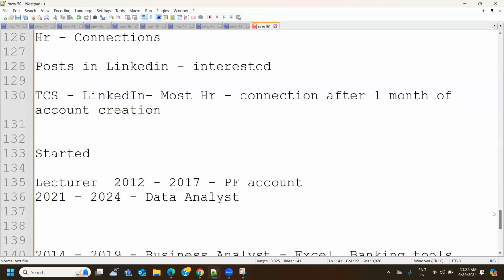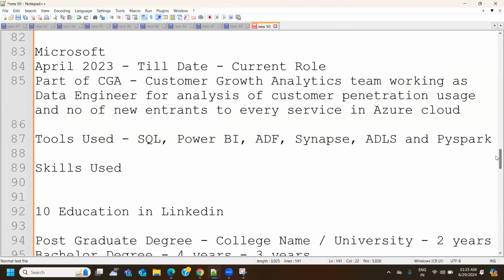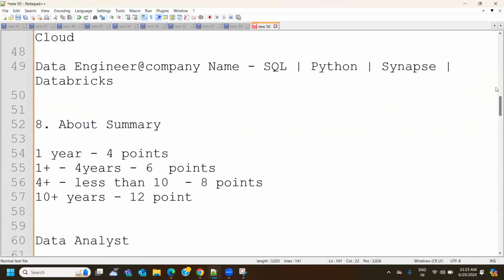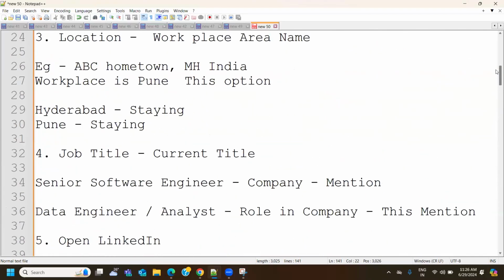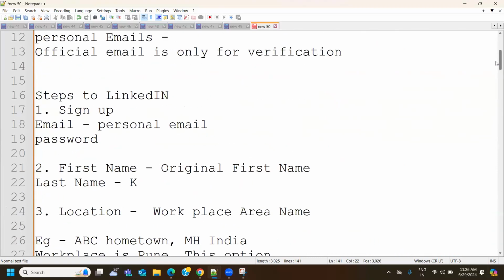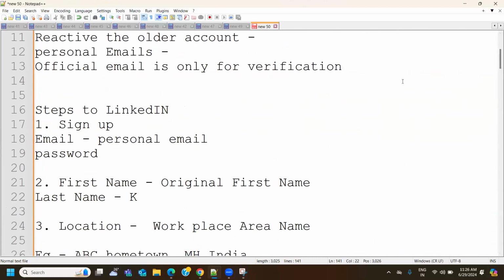Anyway, apart from LinkedIn, we have resume preparation and some agile methodology sessions. As and when required, we will take the sessions. Today it was LinkedIn. Some weeks later, we would have a resume preparation session, and also some project management sessions. So keep a watch on this KSR channel. For people who are part of KSR, that will be shared with you, but people outside of KSR can also keep a watch.